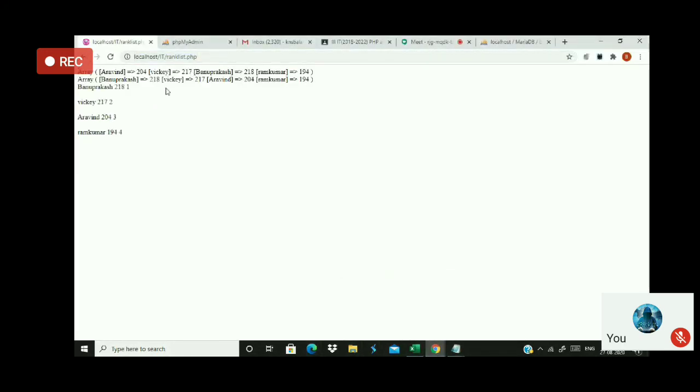Now I will show you. See here, Bhanuprakash is ranked 1, Vicky is ranked 2, Aravind 3 and Ramkumar 4. Almost the job is done. The case study has been deconstructed step by step, and we have also generated the rank. We are able to split up the name value arrays. Now you just have to push it inside the respective database. That's all. No much information or constructs are involved. Nothing fancy about it. It's a very simple concept.